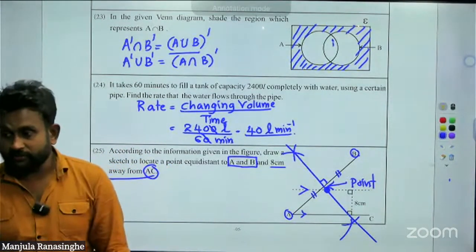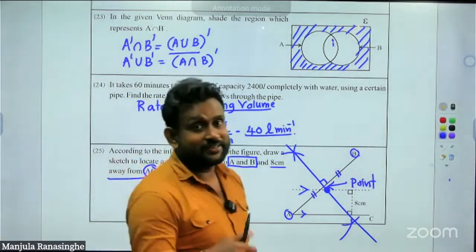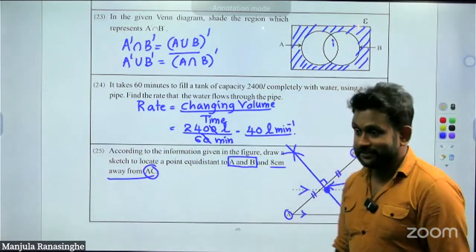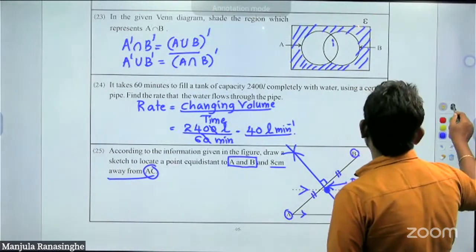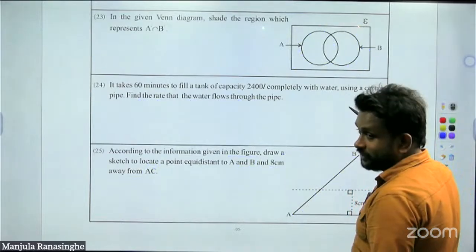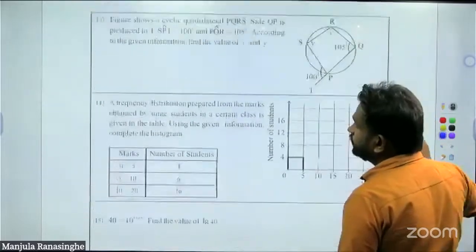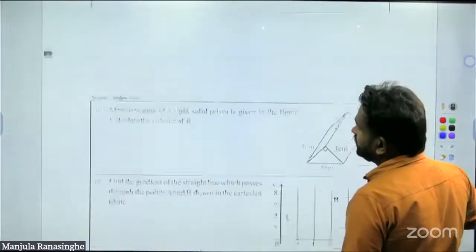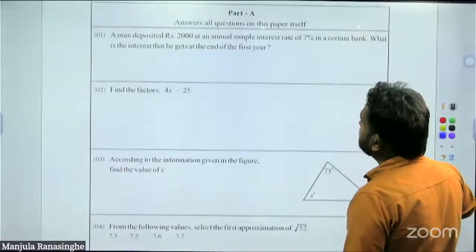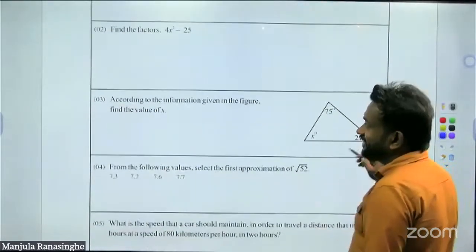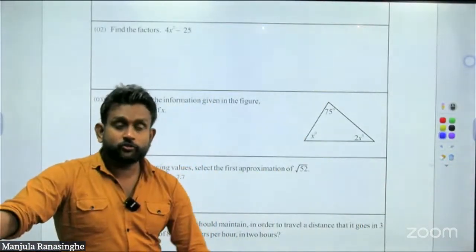Can you show me the question? Answers are missing, children, for 1 to 6. The reason is, when I move to a slide, the answers are automatically deleted. Then you can refer to the recording. The reason we cannot see the answers is because I am using a different PDF format. That's why it gives a better visualization now. Questions 1 to 6 we discussed, right? I can directly give the answer here. I can remember here... no, I cannot remember. Big answers there sometimes. Okay, so we completed that